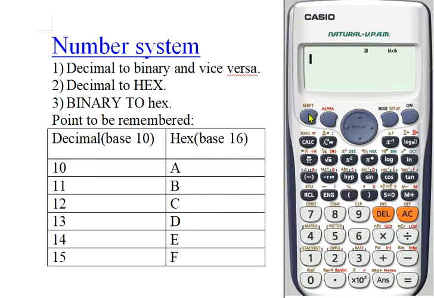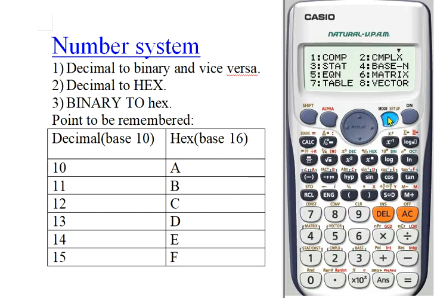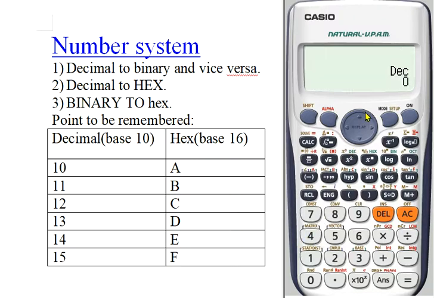is that we have to change the mode. Go to the mode button, and here in number 4, Base-N, we can change the number into any base. Let me just take the number 4 here, and our calculator is now working in the decimal format. Let me take one decimal number for the example. Let me take the decimal number 31 and press the equals button, and here DEC 31, this means decimal 31 is now stored in this calculator.